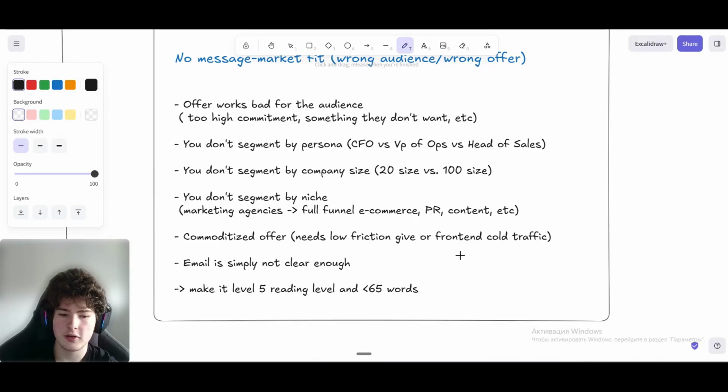So a front end cold traffic offer might also mean that you charge them zero until you book them two sales calls, for example, and they don't need to invest any commitment besides filling out the form, right? This is something some people are running in the cold email agency space, and I think it works pretty